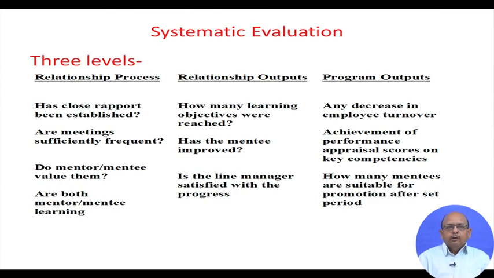So, when you are going to evaluate the relationship process, you are going to see whether you have been able to establish good rapport, whether you meet regularly or not, whether mentor and mentee value each other in terms of respect and dignity or not, and whether both of them are learning in the process or not. So, that is how we are going to evaluate the process. When it comes to the relationship outcome, you have to see whether learning objectives are met or not, whether the mentee has improved or the mentor has improved, whether the line manager is satisfied with your progress or not. And if you want to look at the program outcome, you have to see